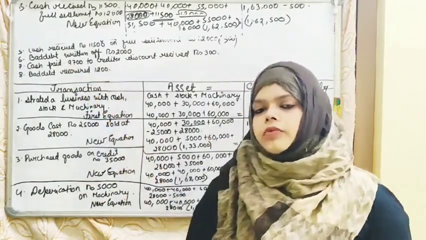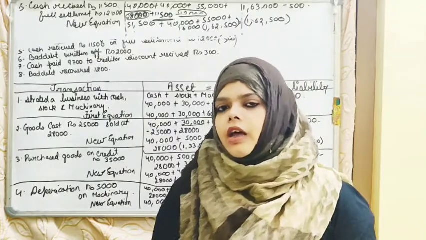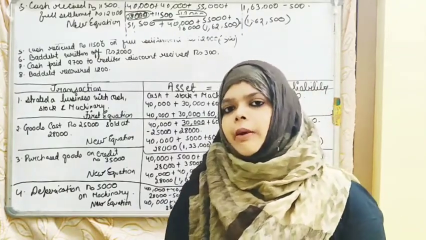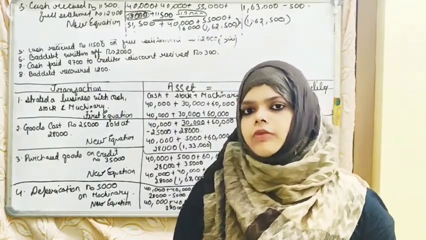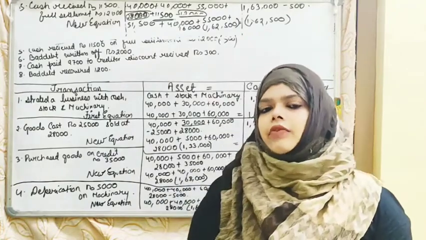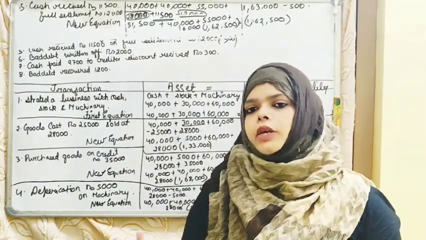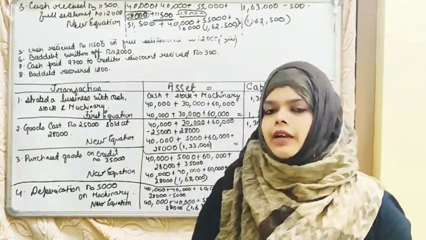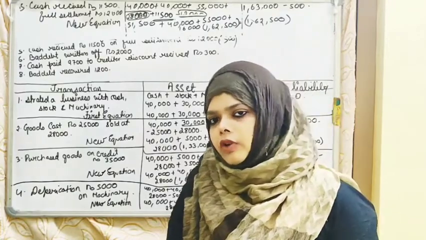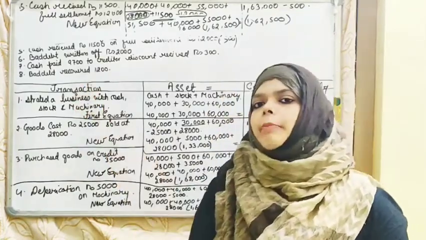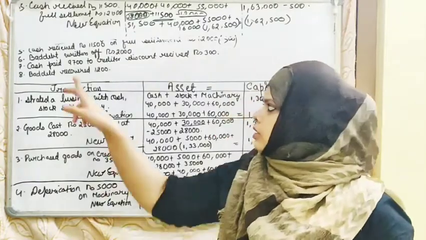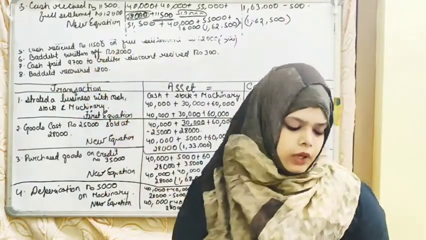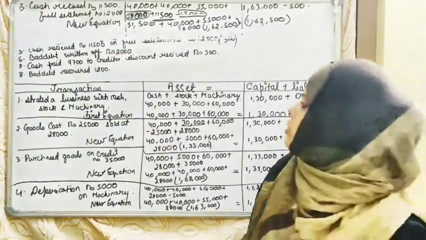Bad debt is when a certain amount of money is promised to be given to you, that is, the debtors promise a certain amount of money, and they fail to pay it, or you are not hoping that money will return back to you. Then we put that particular amount of money into the bad debt account, that is bad debt written off. So let us perform the sixth transaction.